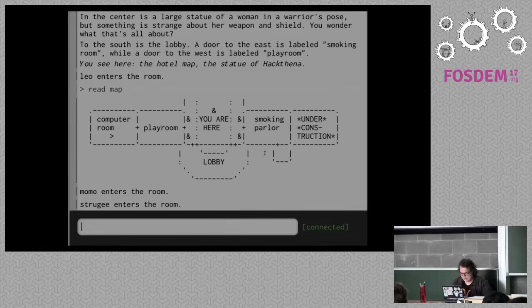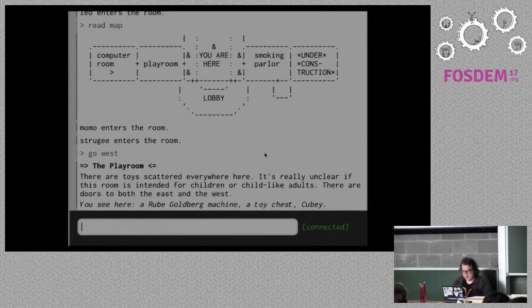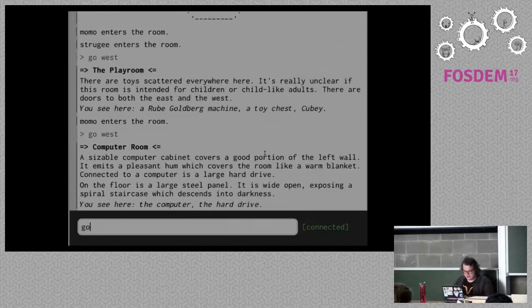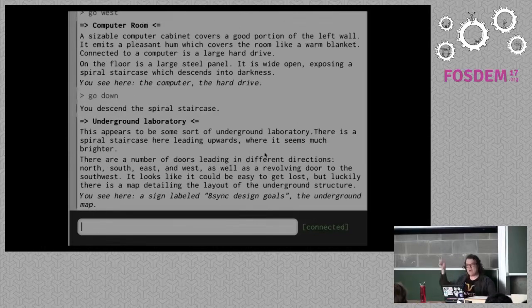This is a choose your own adventure talk. I've put in more content than I can possibly cover. So if you want to see something else in the talk that I'm not going to be able to get to, just walk to that area and read all the notes I've left. So go west. Okay, so I'm going to go downstairs. So I went north, west, west, and then down, and that's where you get to the underground lab. If you have any doubts, read the map up above.